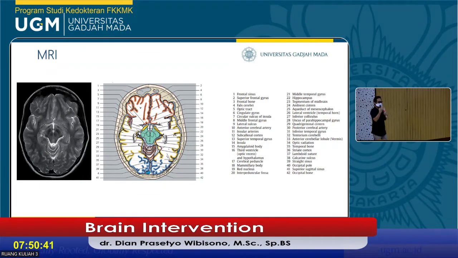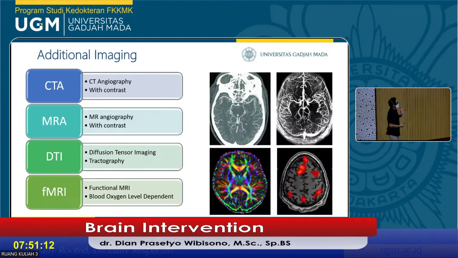So what you see in the atlas will appear similar to what you see in real imaging. This is the mesencephalon. This one is the pedunculus cerebri, right? This is the fossa interpeduncularis. This one is the nucleus rubra. This one is the colliculus superior or colliculus inferior, depending on the level of the slice. Okay, I will continue with the variations or additional imaging for CT scan and MRI.